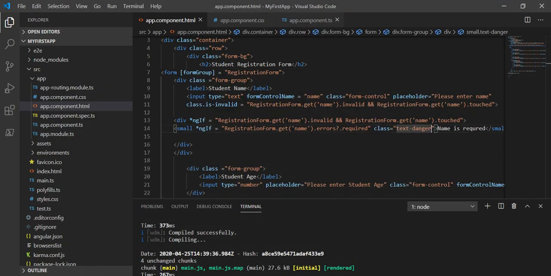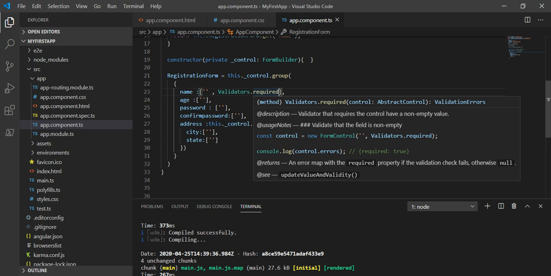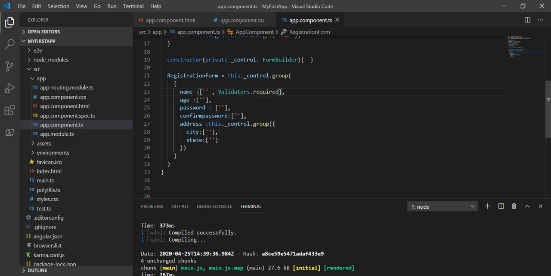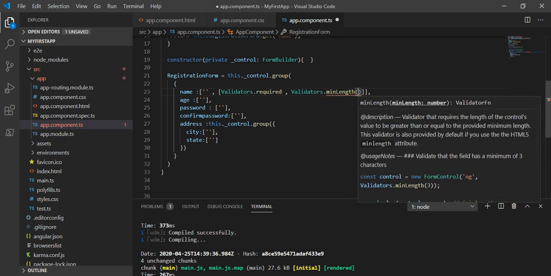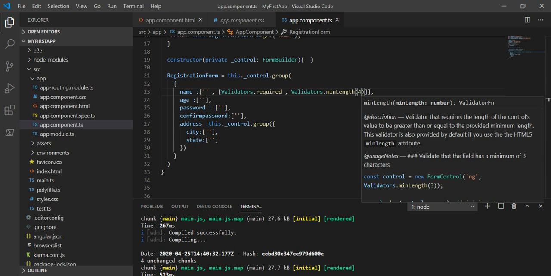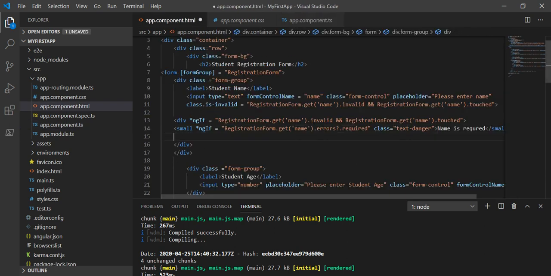So for that, we have to go to the component file. If we want to give more than one validator, then we have to take the validators in square brackets, and give a comma, and here Validators.minLength. So there are some validators provided by Angular, and we can use these. What I want to show is minimum length is 4, and for that I have to give one more condition, like *ngIf equal to, if this name.errors contains minlength,